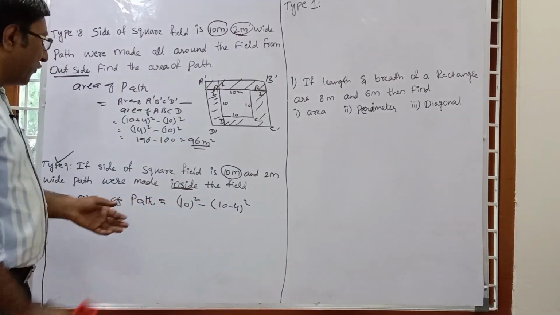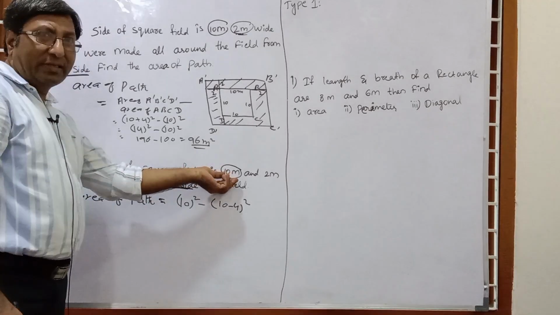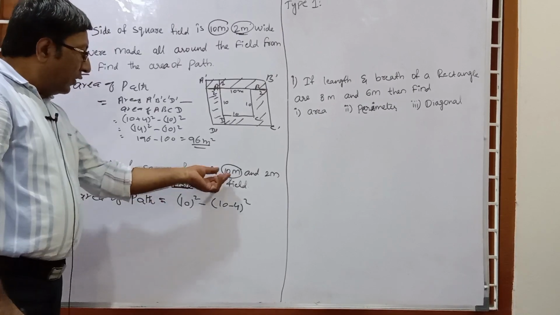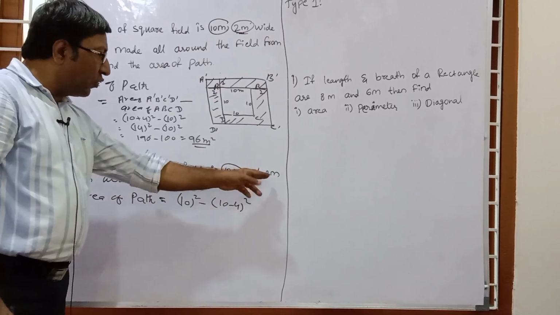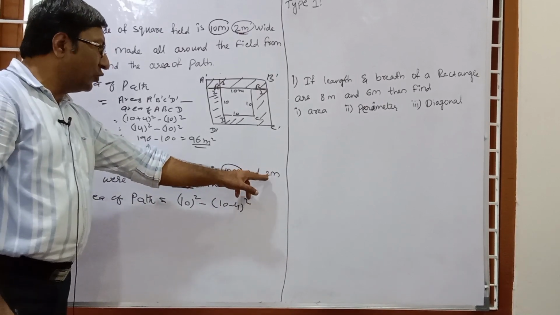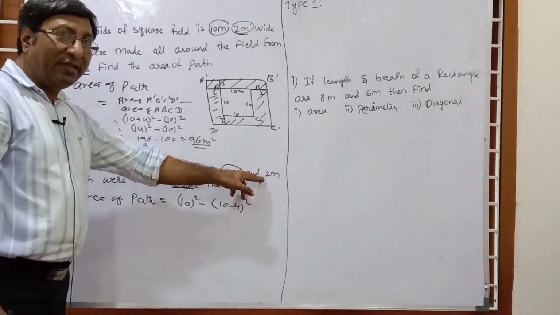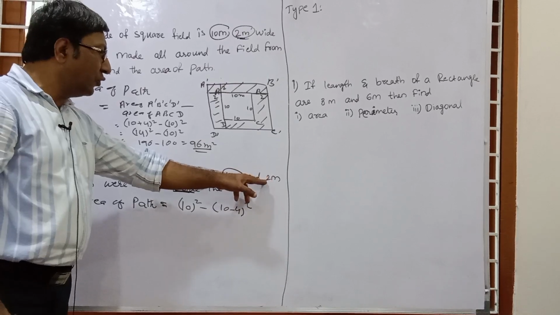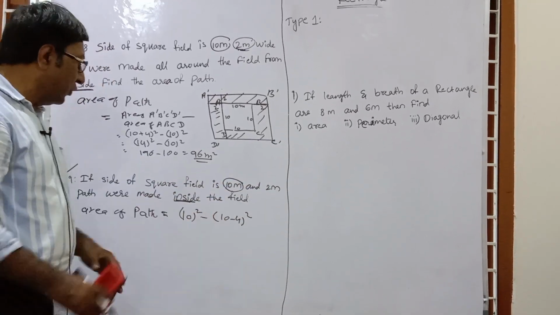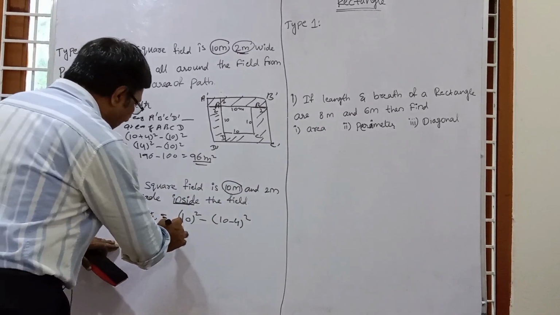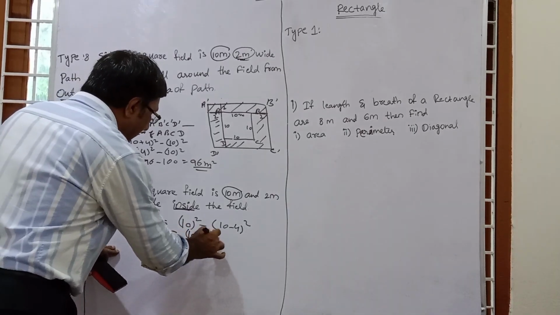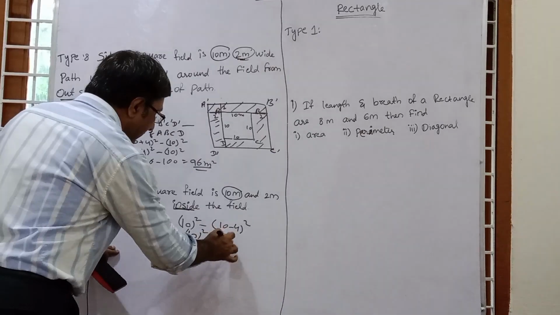Simple technique. At first you take the given original side, that is 10 square, and then minus the original side minus twice the width given. So width is 2, so 2 twos are 4. When the width is 3, 3 twos are 6. So here 2 meters wide is given, so 2 into 2 is 4. So 10 minus 4 whole square. So our correct answer will be what? That is 10 square, and this is 10 minus 4, that is 6 square.